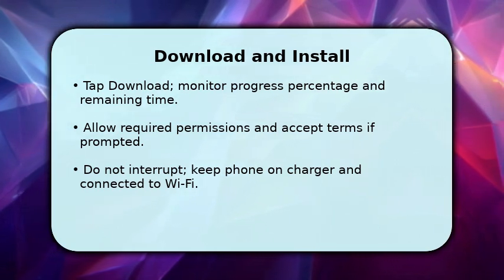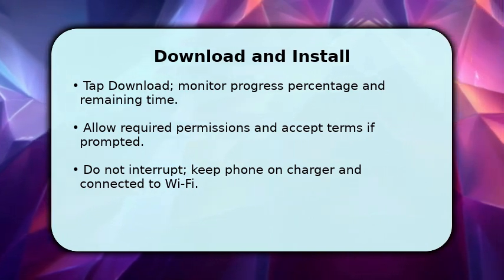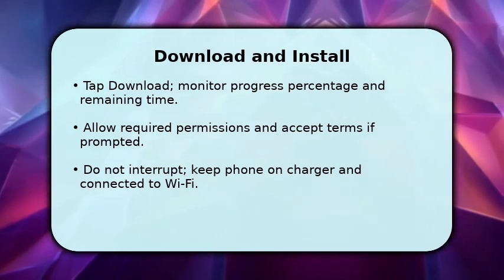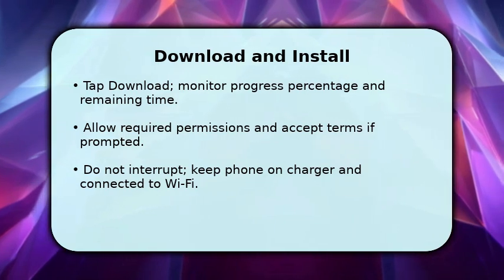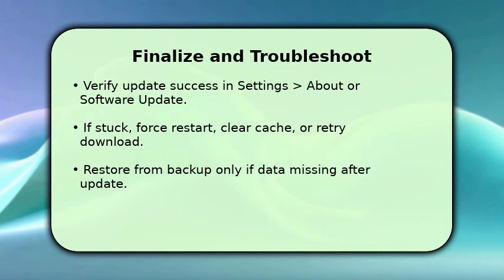During installation, the phone may reboot several times. Keep it plugged in and on Wi-Fi to prevent failures. If prompted, enter your PIN or password to authorize the update before finalizing. You finish by checking Settings About or Software Update to confirm the build number and that the update status reads